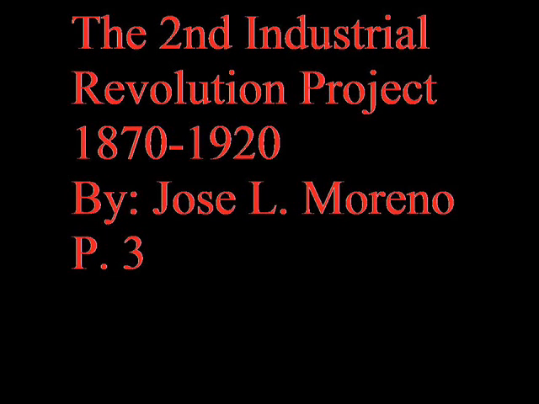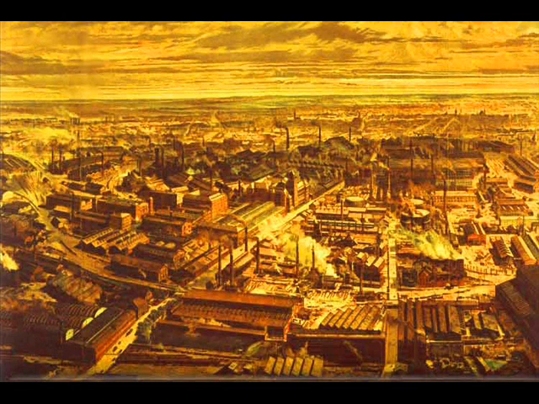The second industrial revolution that took place in the U.S. happened between the years 1870 through 1920. This new era of industrial transformation began with numerous discoveries and inventions that significantly altered manufacturing, transportation, and the everyday lives of Americans.